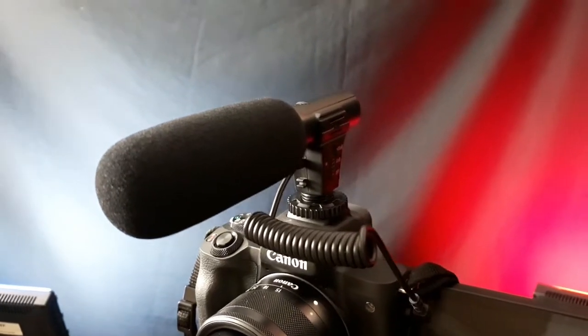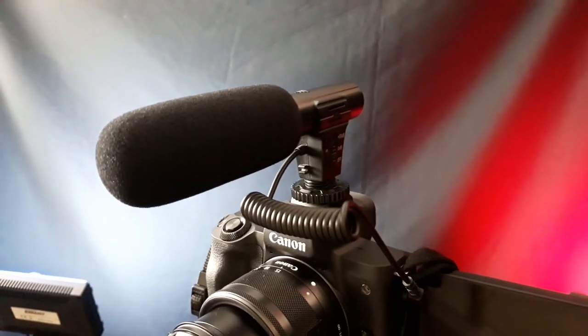and that worked fine. Get yourself a really good softbox light to give that really nice natural light which the lens will love, and it will just make your video or your photography look really professional, hence what I'm doing now. And another thing I'd recommend is make sure you get some sort of microphone again, an external one that just clips on top of it, which is easy to do on the M50, or a clip-on mic on a second tripod, or one that you just clip on yourself